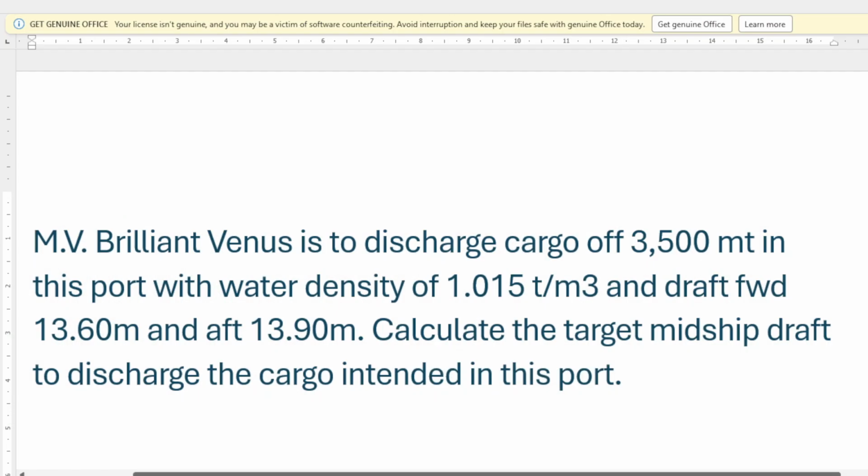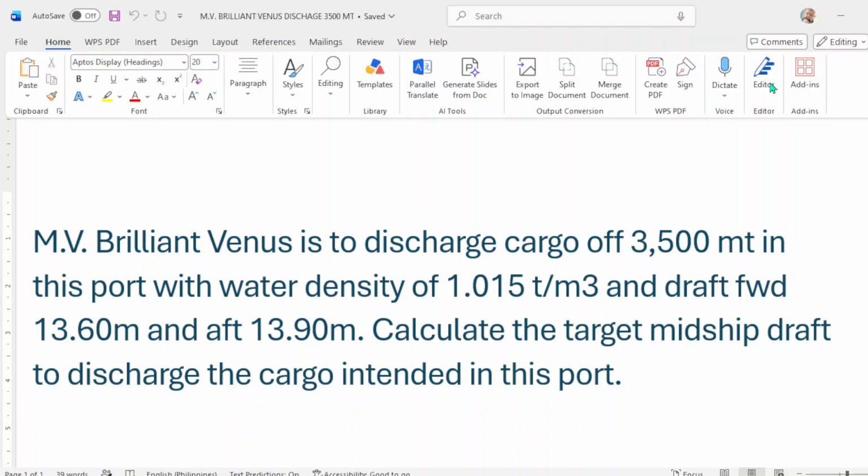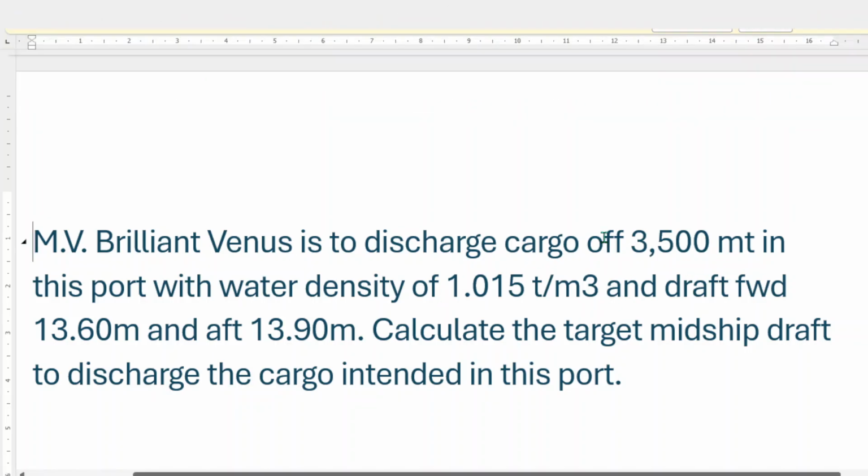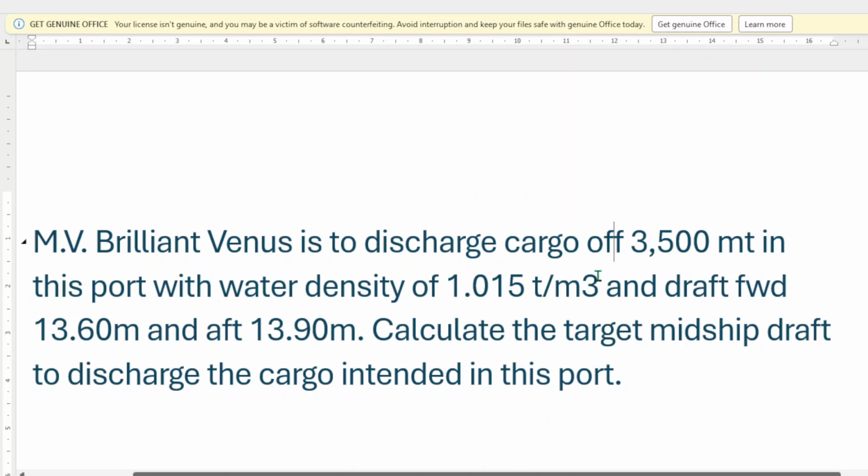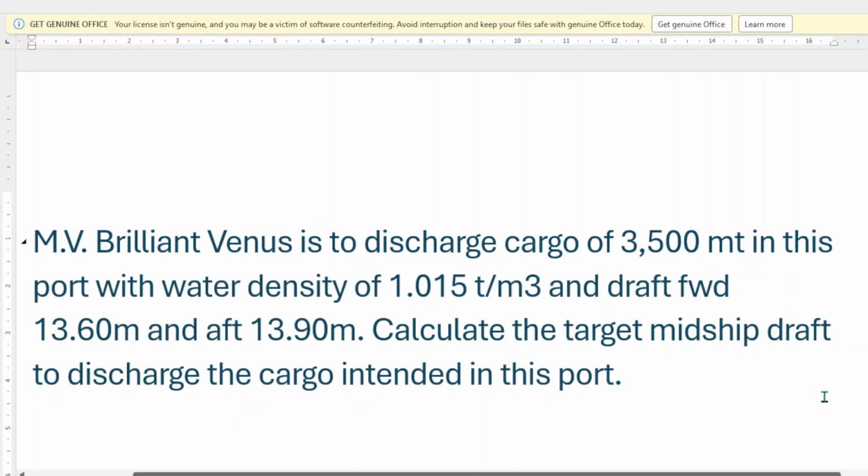The name of the vessel is MV Brilliant Venus. It is to discharge cargo of 3,500 metric tons in this port with water density of 1.015 tons per cubic meter, and draft forward is 13.60 meters and aft draft is 13.90 meters.